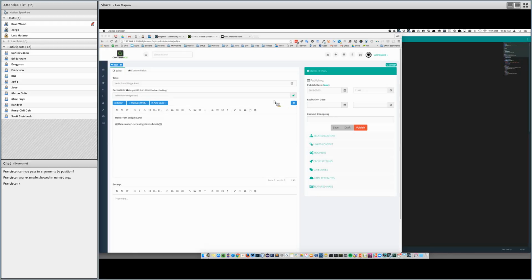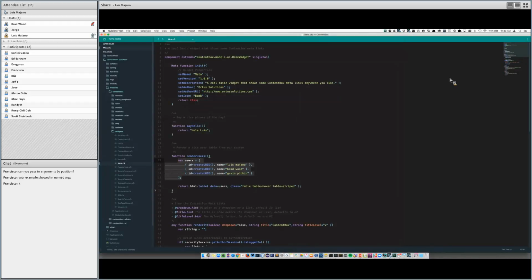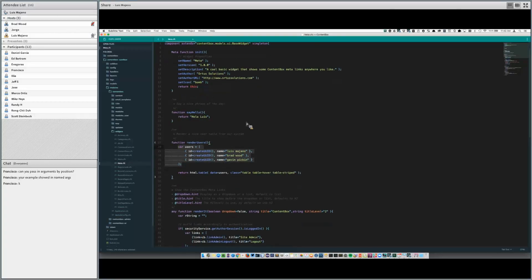All right, no questions so far? If not, I will move on to another section, but just want to make sure that widgets are clear. Any other examples you guys want to see with widgets?